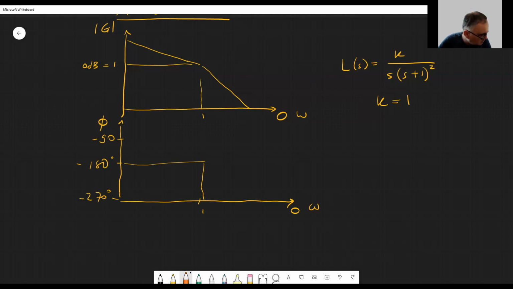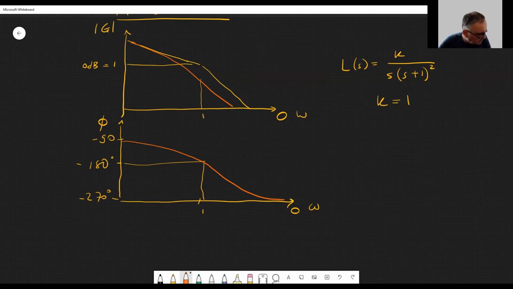So the phase looks something like this. And the gain looks like something like that, I suppose. Anyway,